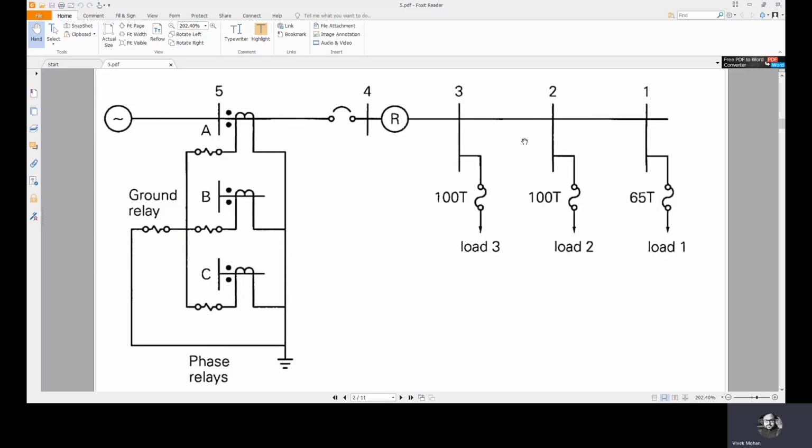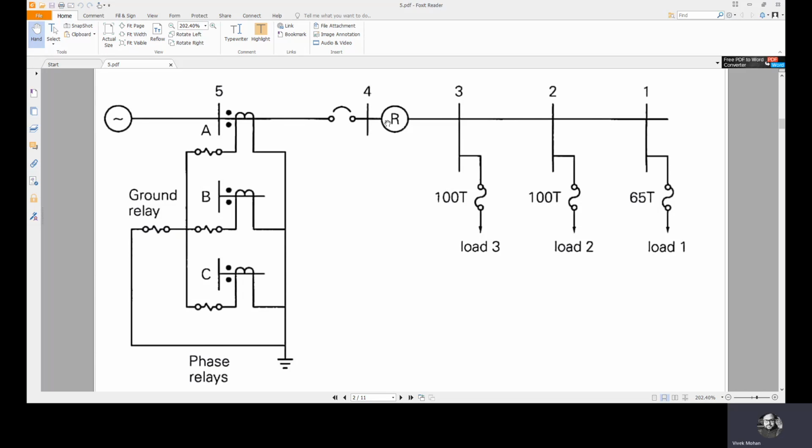Another disadvantage is in the case of a broken conductor. Suppose the conductor itself is broken and touches the ground and remains energized, then reclosing should be locked out completely.